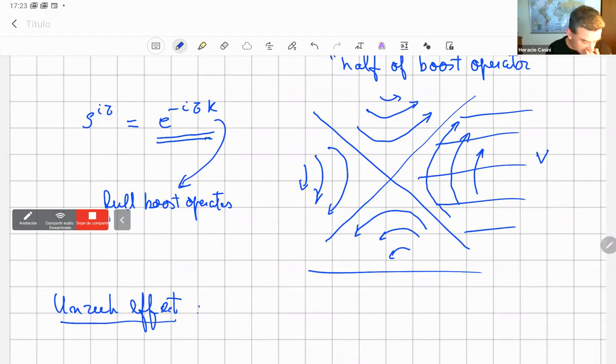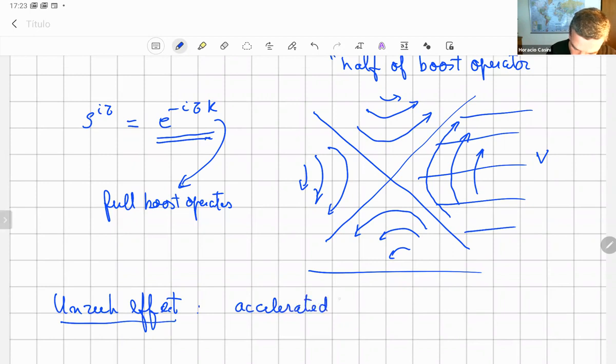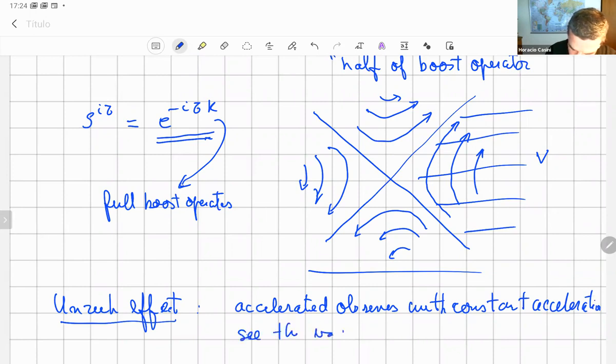The Unruh effect says that accelerated observers with constant acceleration see the vacuum as a thermal state